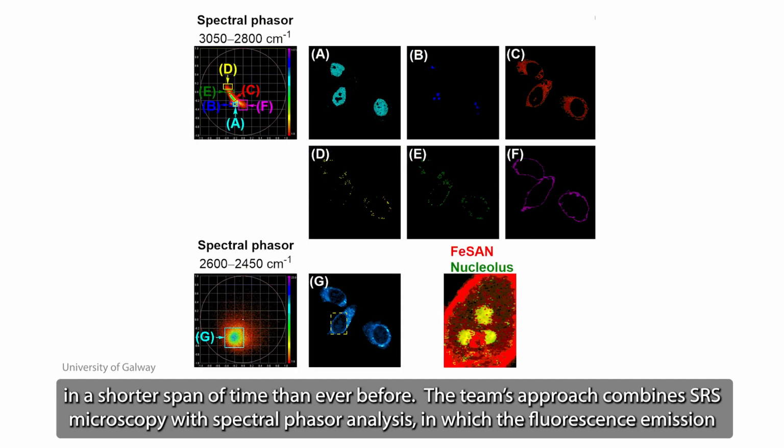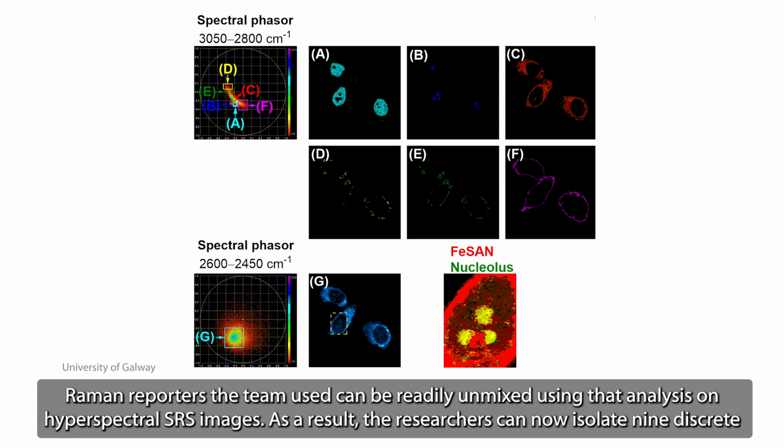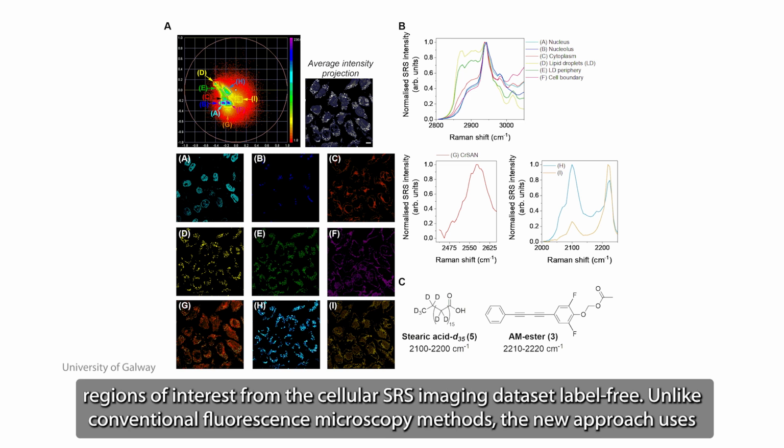The team's approach combines SRS microscopy with spectral phasor analysis, in which the fluorescence emission spectra of each individual pixel in an image essentially acts as coordinates that correspond with those pixels. Signals obtained from each of 3 different Raman reporters the team used can be readily unmixed using that analysis on hyperspectral SRS images. As a result, the researchers can now isolate 9 discrete regions of interest from the cellular SRS